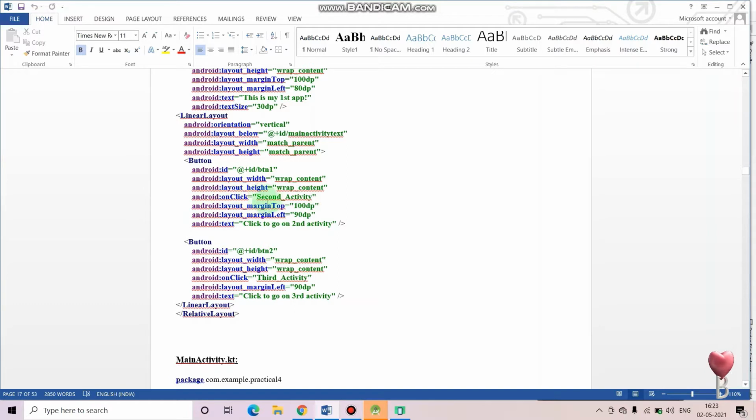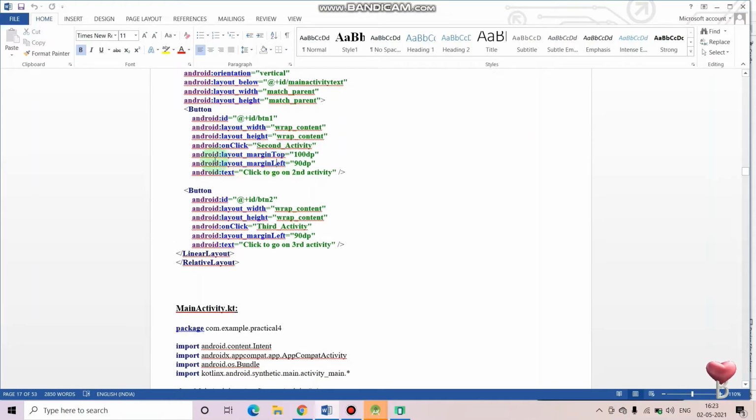And on click, what will happen, the second activity will be called. This is the name of the activity. Then android:layout_marginTop, you can keep this as per your requirement.